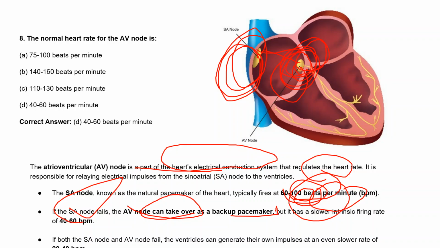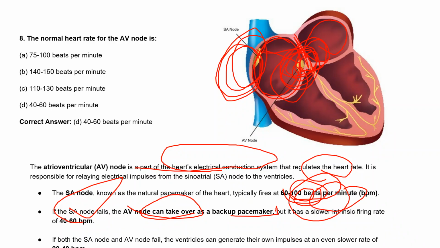This AV node is located here, in the lower back section of the interatrial septum. This is one atrium, here is the other atrium, and this one is the interatrial septum. So it is located near the interatrial septum, near the opening of the coronary sinus. Here is the opening of the coronary sinus within the right atrium. So the AV node is present in the right atrium, near the interatrial septum. The normal function of this AV node is